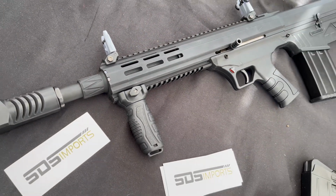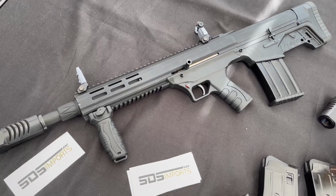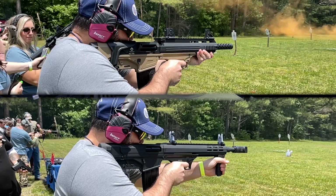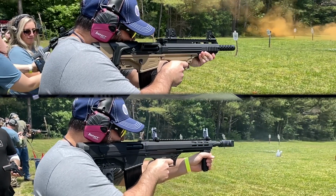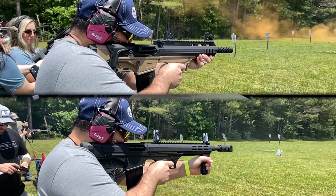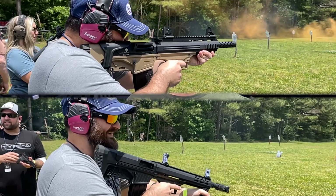Now, we've seen multiple of this type or pattern of shotgun imported before, but they've done some creative stuff internally with this thing to really dial down that recoil impulse, and I tested it side by side with a brand that will remain unnamed at the range just to see if I was going nuts or not, and sure enough, it is a very, very soft shooter,